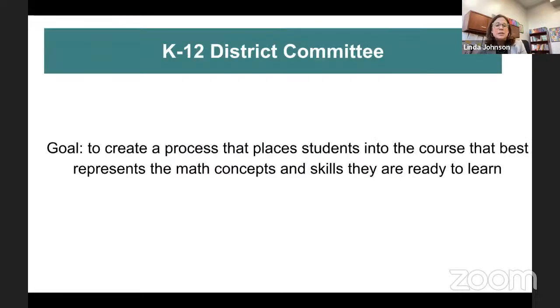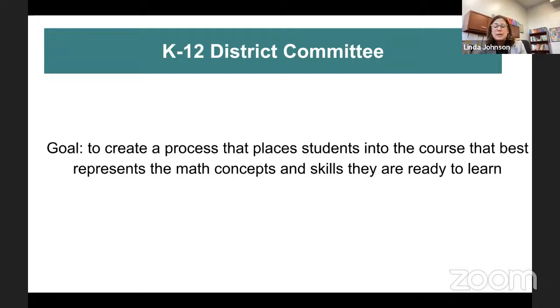As a district math department, we have established a K12 District Committee that focused on our placement process at the elementary and middle school levels. This committee is a group of K12 representatives of teachers, teacher leaders, and administrators who have met over the course of several months to create a placement process for this year going into next school year. The shared goal of our work, which was established very early on, was to create a process that places students into a course that best represents the math concepts and skills that they are